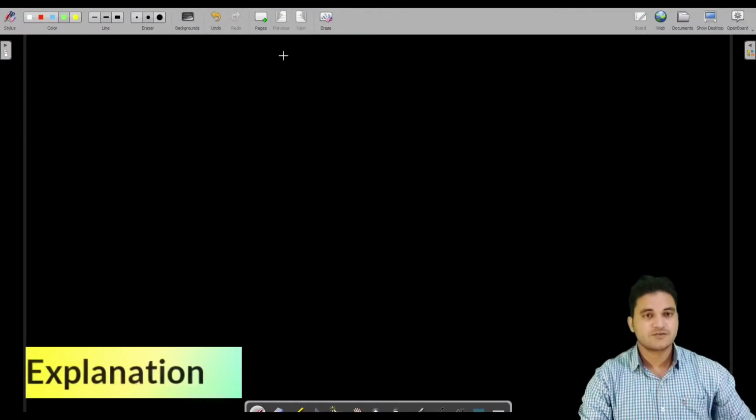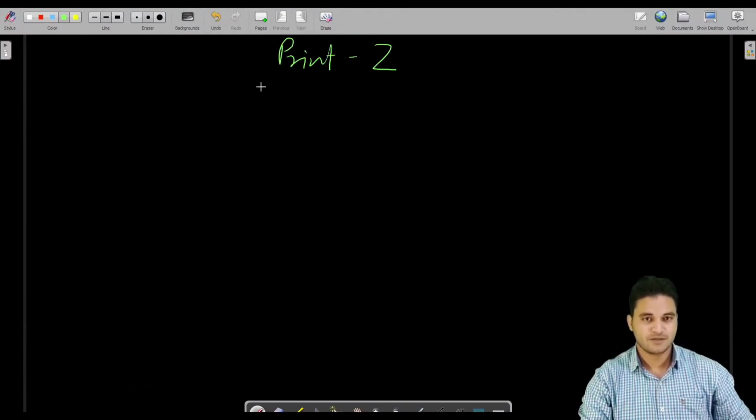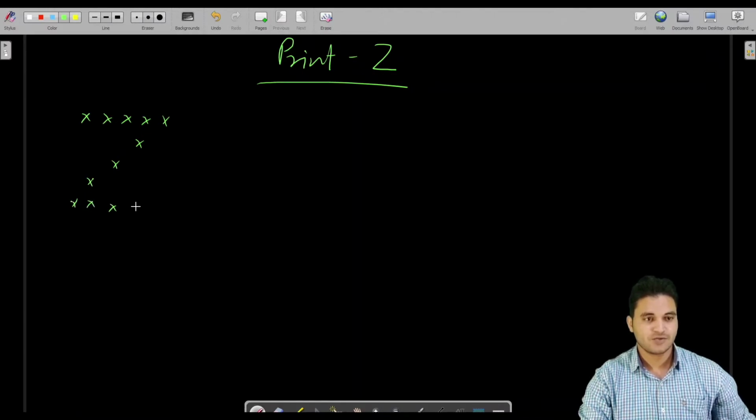So today's question is, you have to print a Z shape. Print Z in the form of stars or 1 2 3, whatever you want to choose. You can choose any character. But the question is, let us say we have been given the shape, and we have to print this shape without using any loop or any kind of recursion methodology. You do not have to use anything, you just have to print the shape.